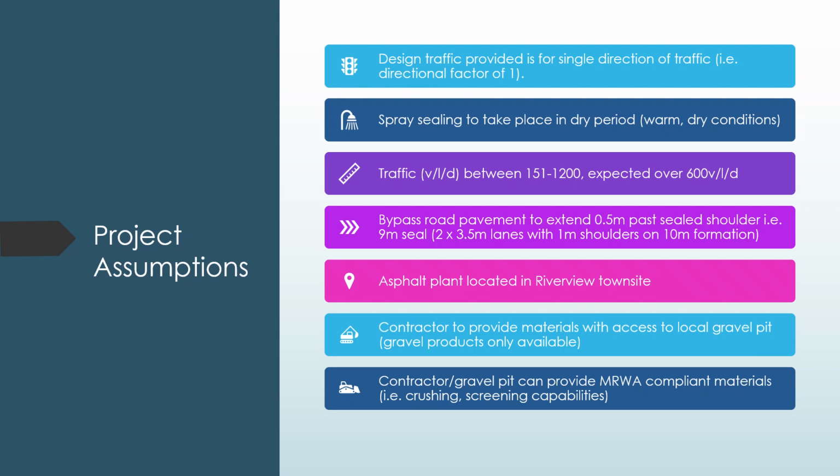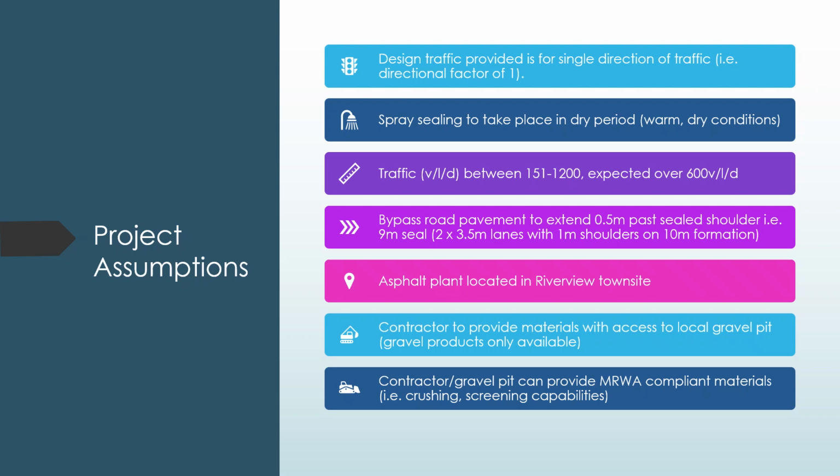The bypass road pavement is to extend 0.5 metre past the sealed shoulder, i.e. the 9 metre seal consisting of the 2 3.5 metre lanes with 1 metre sealed shoulders on a total 10 metre formation. And we're also working on the assumption that there's an asphalt plant located in the Riverview town